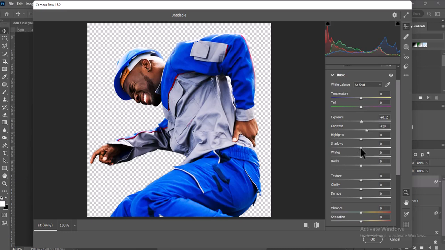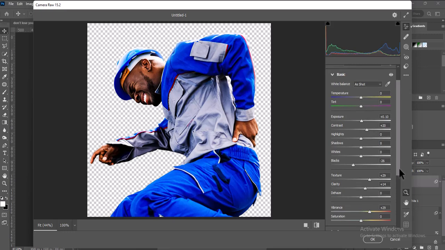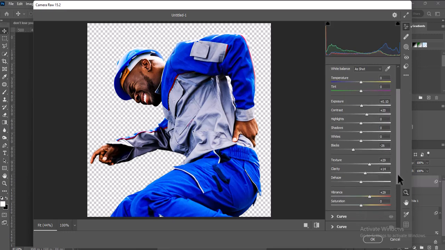Alright, then I can reduce the blacks, slide it down, and then I can increase my texture, so that my picture will be more sharp, and also my clarity will be increased just a little. Then I will add more vibrance to this, so that the whole color will be sharper, the blue and the rest of the color on this outfit. So after that, I'm going to come to detail